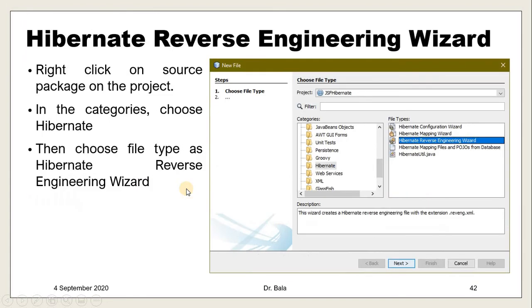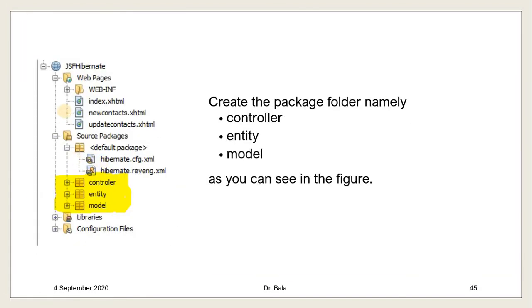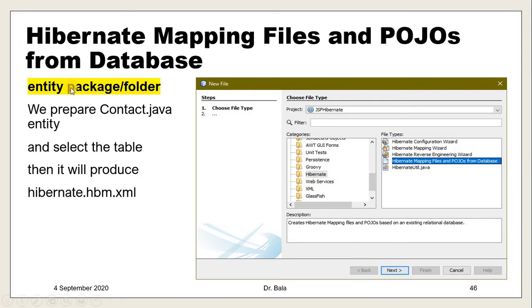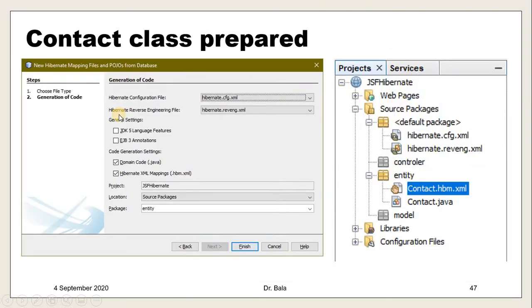So now we are going to prepare the folders. It's for our convenience only. I am preparing three different folders, namely controller, entity, model. For our understanding only we prepare these. No worries, we can also prepare in the source package itself, it will work. But for our understanding, I am preparing three different folders, in which I am going to prepare the rest of the things. So first of all, I am going to take the entity package folder, in which I am going to map my file, and we are going to prepare the POJO file, plain old Java object class.